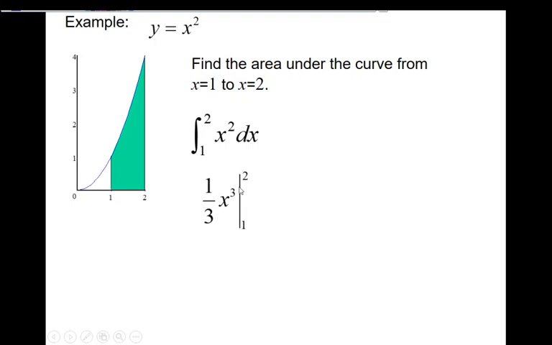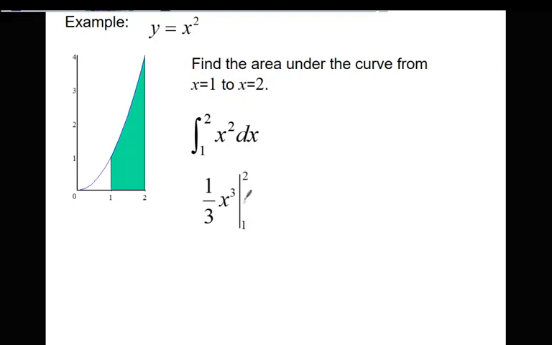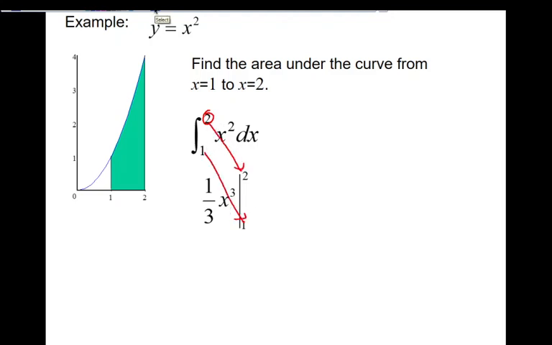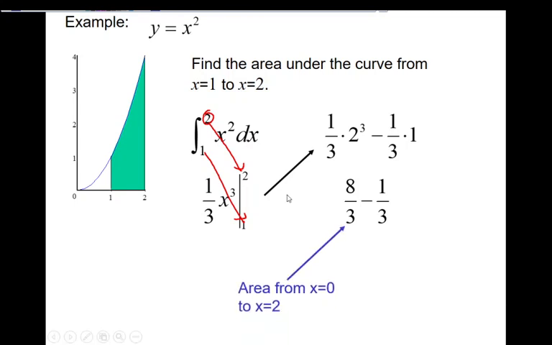This is the integral evaluation line. Okay, so it keeps my upper and lower limits. So this goes there and that goes there. And then we plug in the 2 first. So it's going to be 2, plug in 2 minus the antiderivative when you plug in 1. And you're going to get 8/3 minus 1/3, which means the area from 0 to